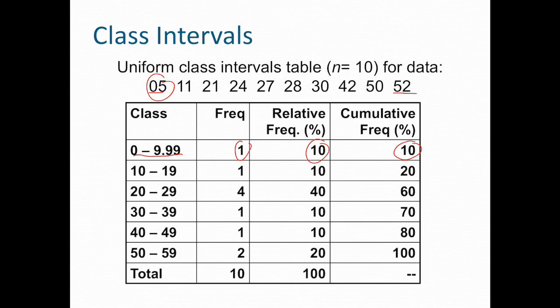If we were to look now at between 10 and 19, there's only one number between 10 and 19, so there's one frequency, 10%. And now relative frequency added together will give you the cumulative frequency, so 10% plus 10% gives you 20%, all the way down. The next one, between 20 and 29, you're going to have 4 values, so a frequency of 4 over 10 gives you 40%. Cumulative frequency at this point would be 10 plus 40, and that gives you 60% cumulative frequency. You can see how this